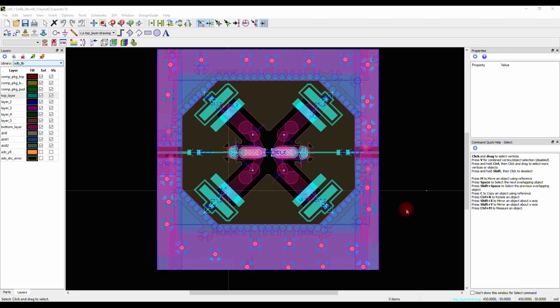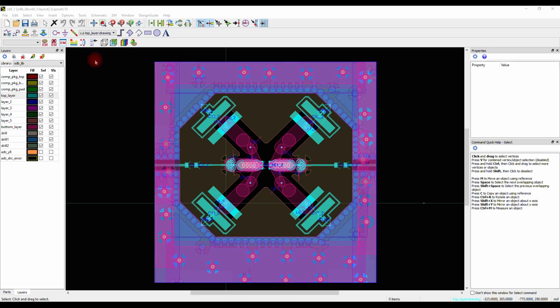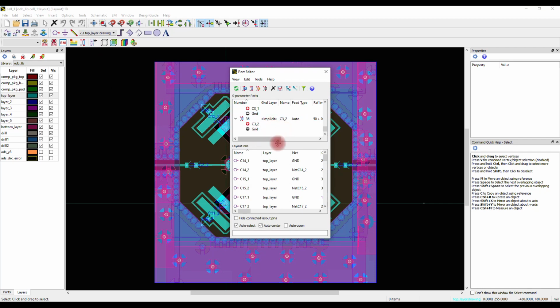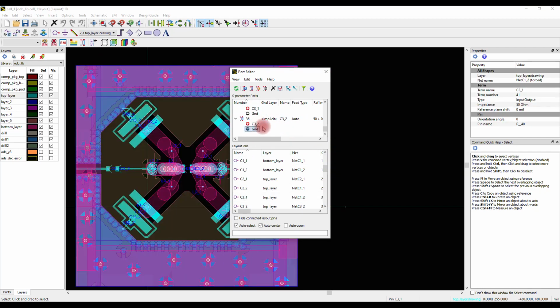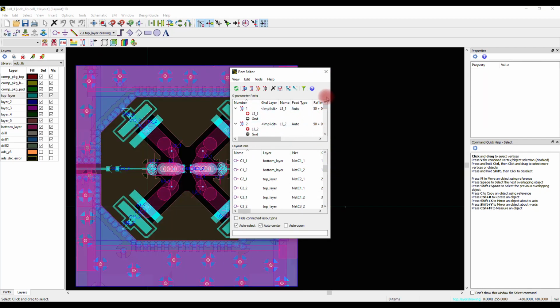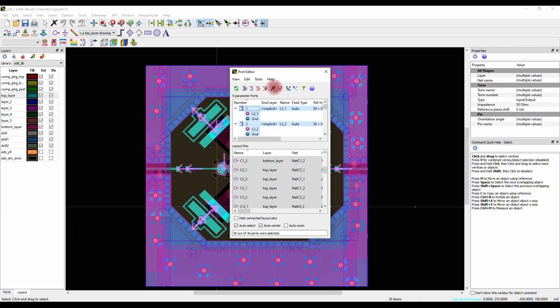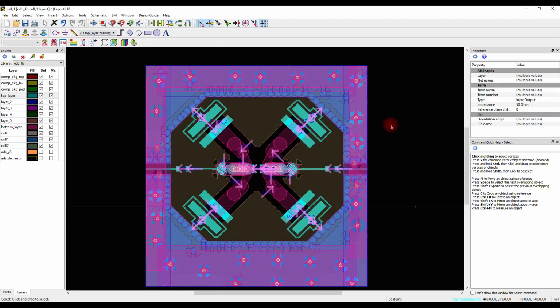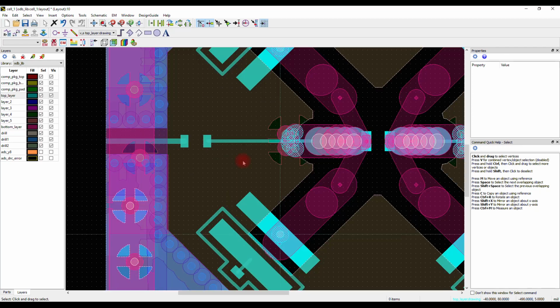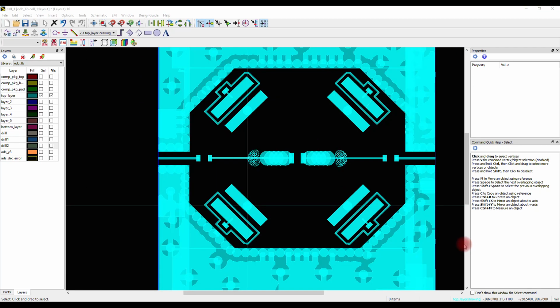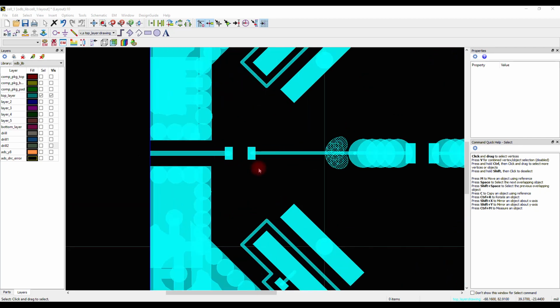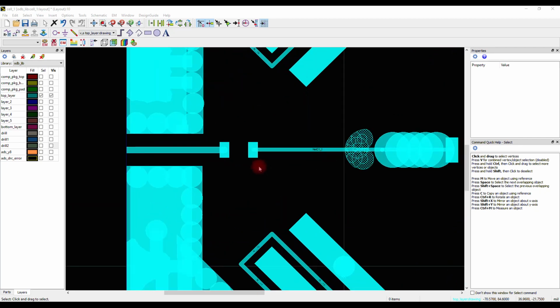First, we're going to do conventional EM simulation. In order to do that, the first step is to delete all the ports which have been auto-created. We're going to create pins manually. I have enabled only the top layer here because most of the pins are located on the top layer and the ground return path in the design is also on the top layer.